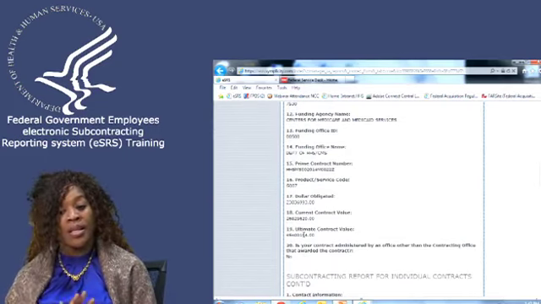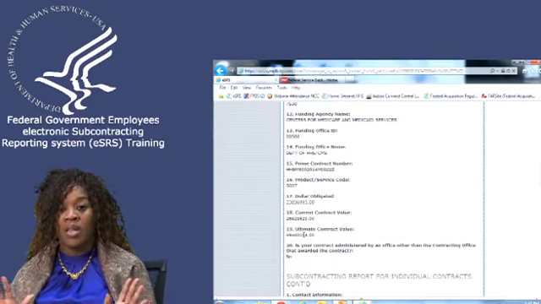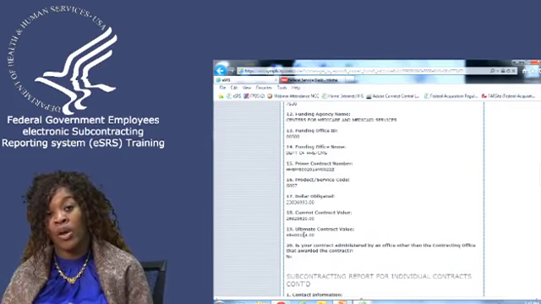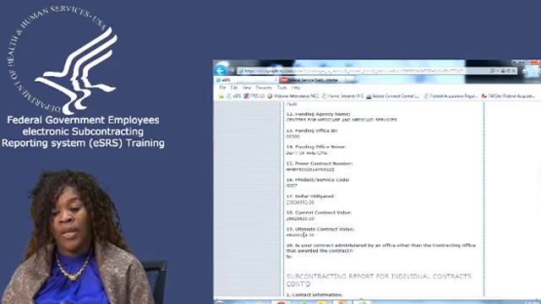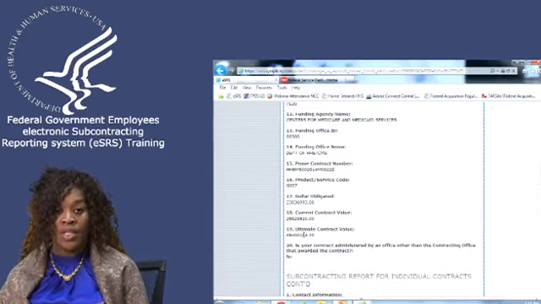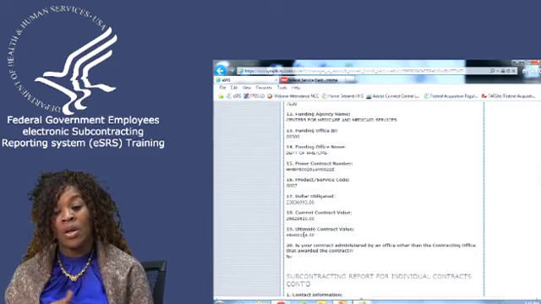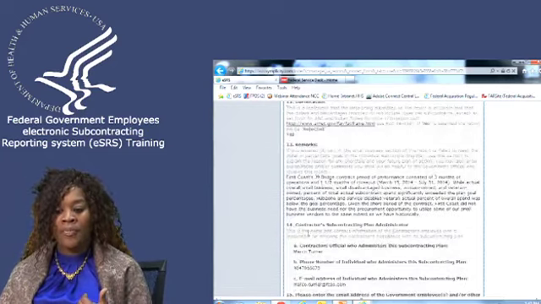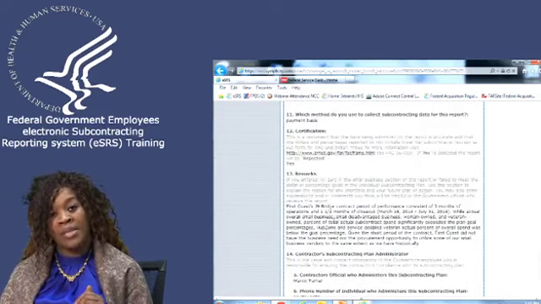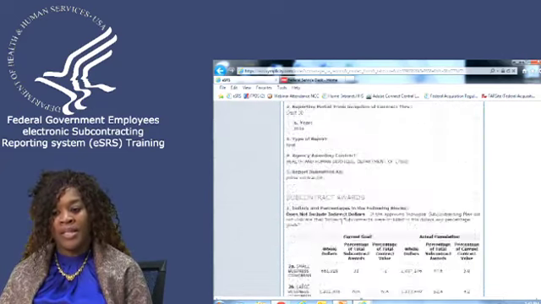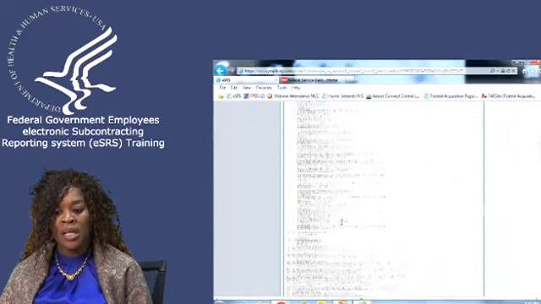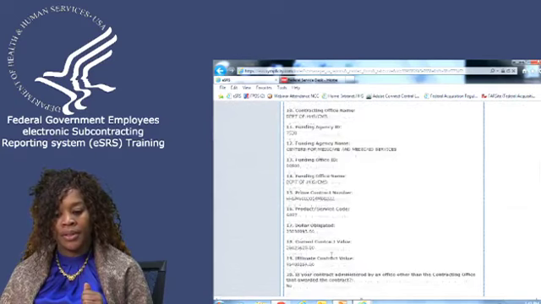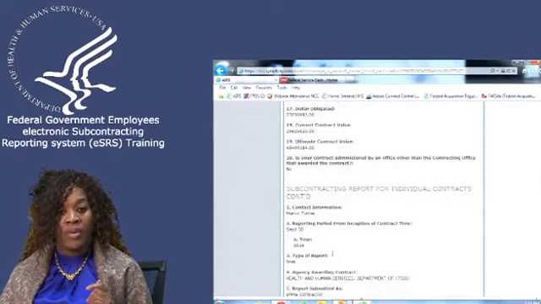So if the contractor says, hey, this information is not correct, then we don't even need to review the report. We need to stop, reject it, and ask why, and what information is incorrect. Hopefully, if they said the information is incorrect, they've noted that in the remarks field. We can just go to the remarks field because that's what we tell them to use to communicate with us, and then we can identify what problems they had. For this particular report, they said the data was accurate. So because the data is accurate, all we need to do is scroll down and look at the report.